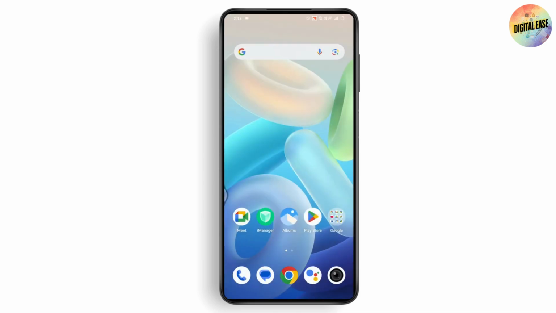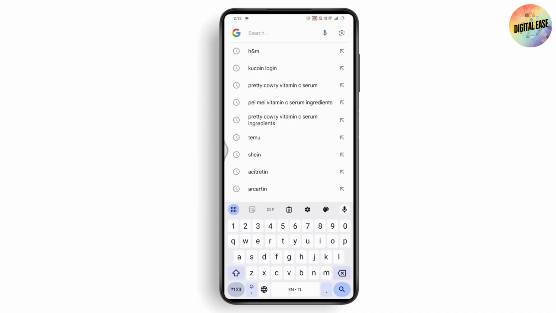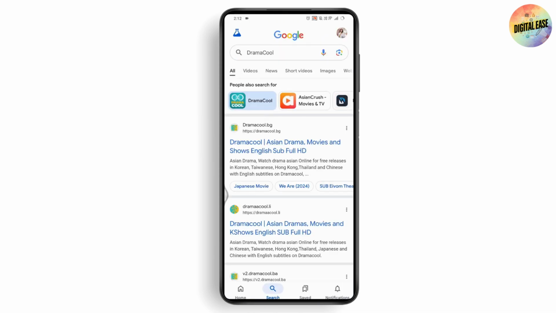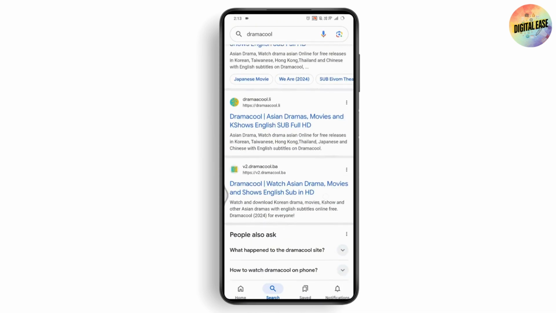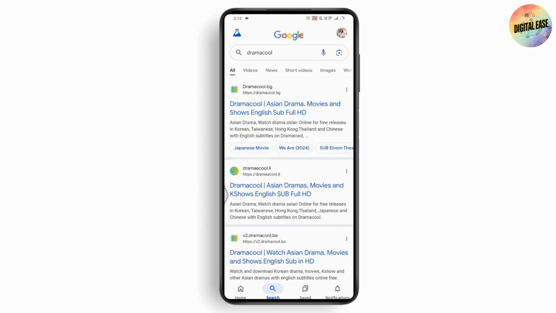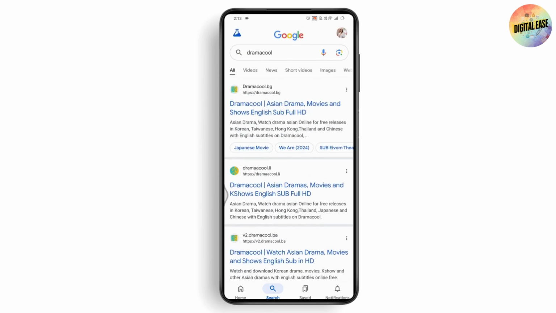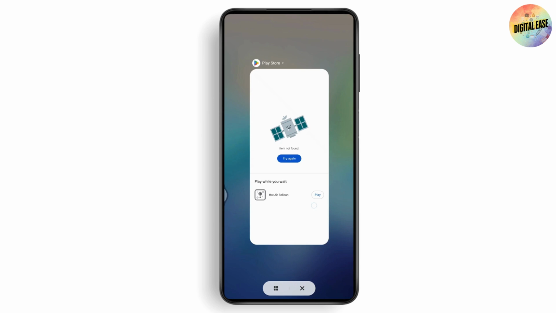But if you don't find the application right here, then you just need to simply go with your browser or Google, anything that you're comfortable with, and search for DramaCool app download. So here you will have the application, tap on it. You'll have a lot of websites that will provide you the drama. You can simply go and watch the drama right here, or